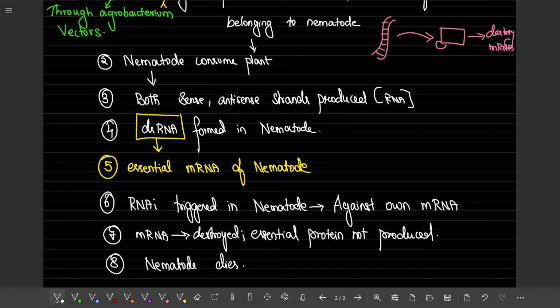Then how will double stranded RNA form? Already one will be present in the nematode only, but we have to make sure that while it is entering the nematode, it is already going to immediately start producing the double strand. Just to ensure that the double strands are already there to immediately trigger it. So this is not only going to kill already existing nematodes,